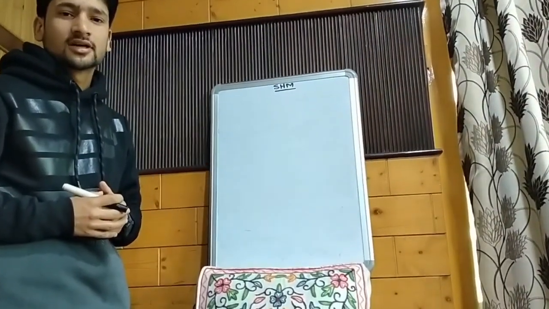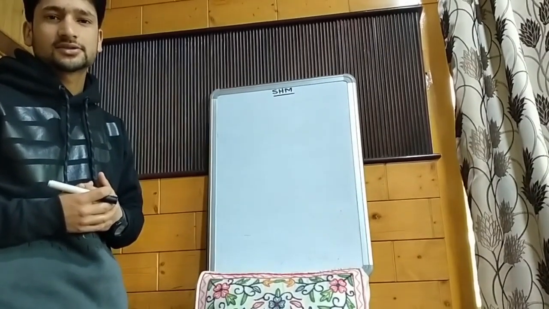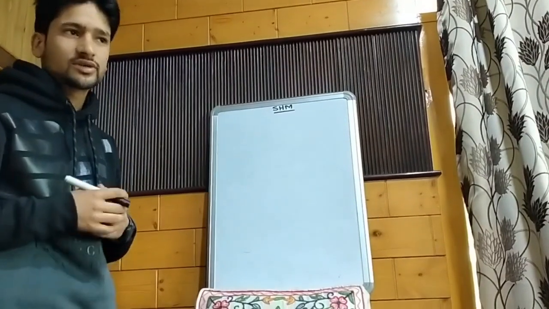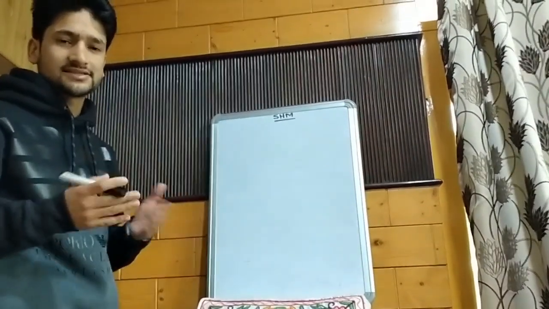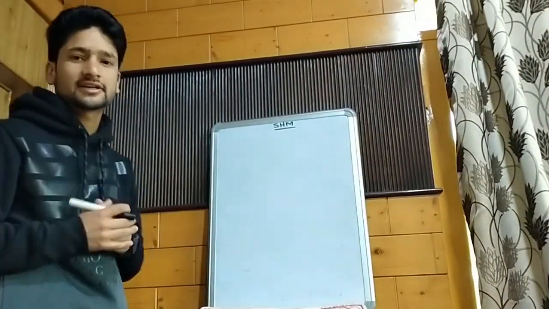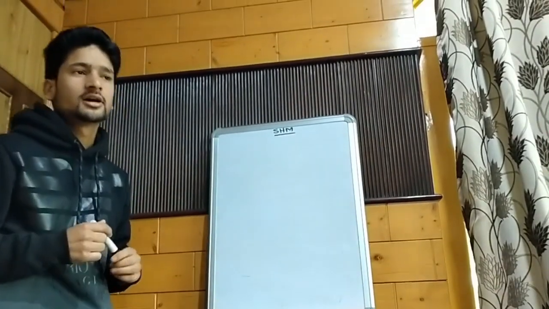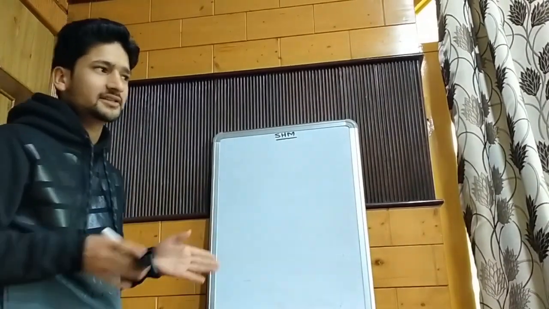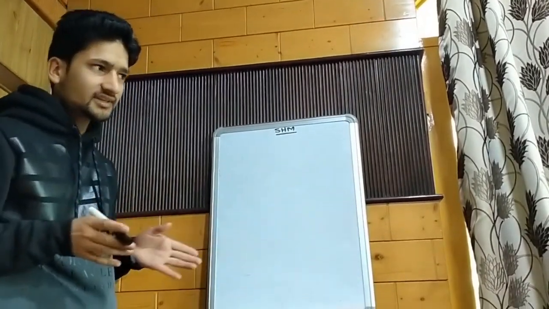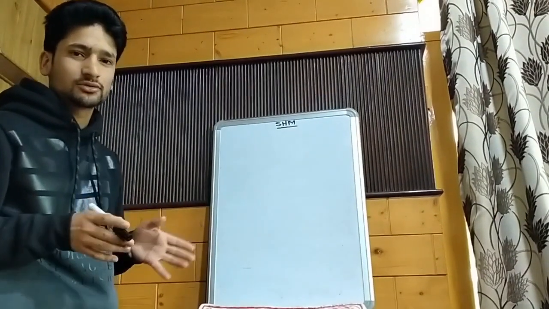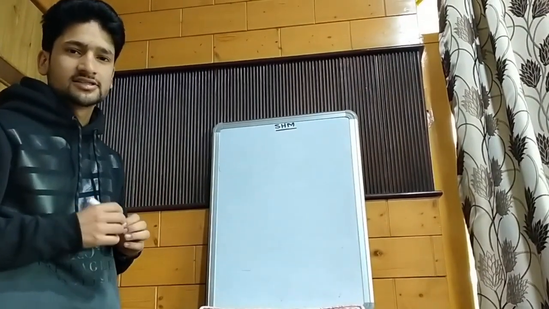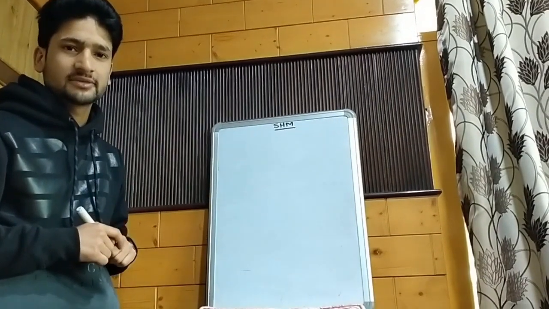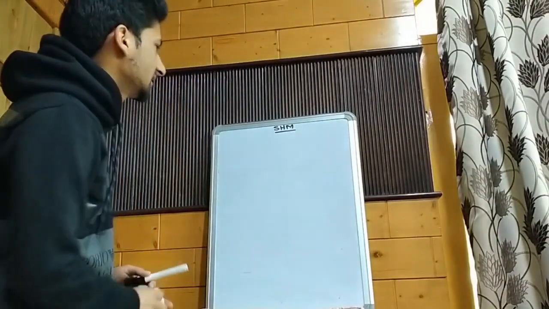In the earlier topics, we have gone through various aspects of simple harmonic motion: what simple harmonic motion is, the equation of a particle executing simple harmonic motion, the equations of displacement, velocity, and acceleration, and the equation for the kinetic energy. Today, we will be discussing potential energy and other related topics. We will discuss the time period and graphs related to potential energy and total energy of a particle executing simple harmonic motion, and we will go through some questions of JEE Main as well. So let's start with potential energy.